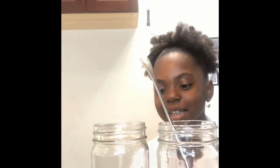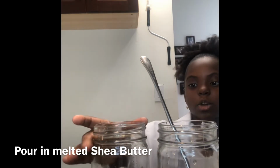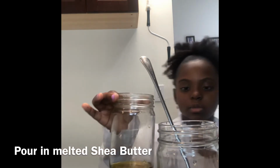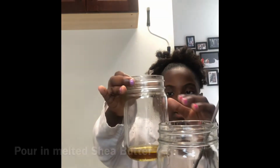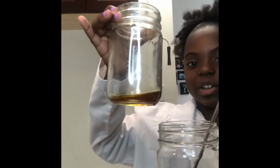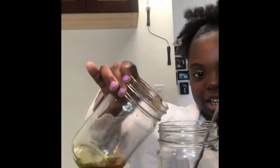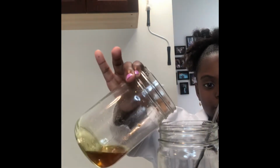There. Yeah, now I'm going to pour in the shea butter. So now I'm going to pour it in. Let's get this stick in there. Yeah, it looks like honey, but it's not. It's turned into shea butter. Honey. Get it? Honey. Alright. Pour,